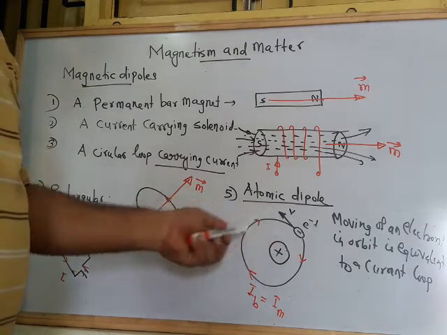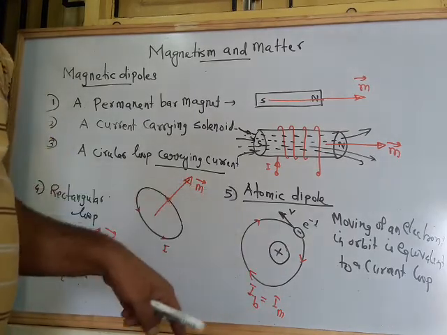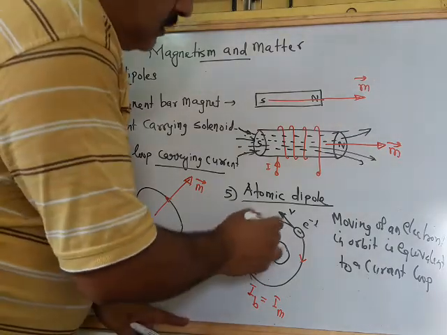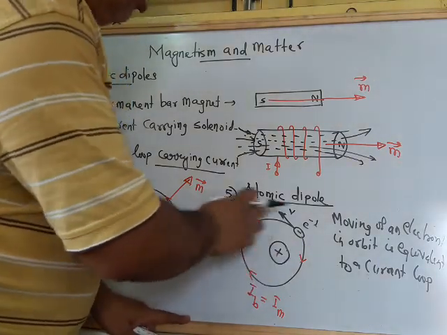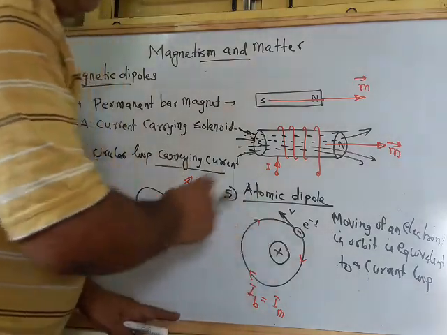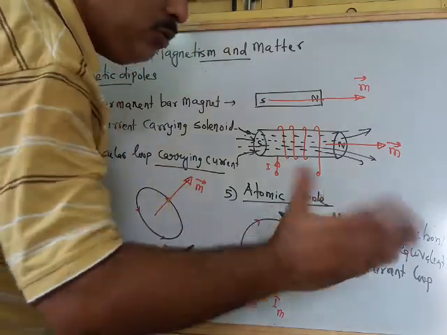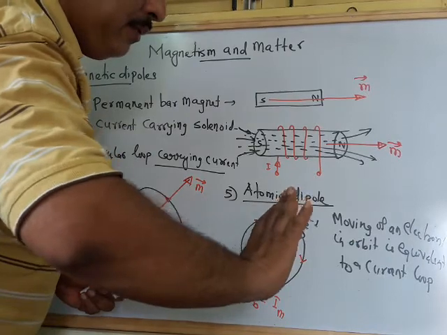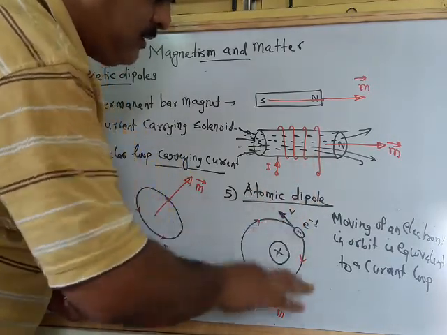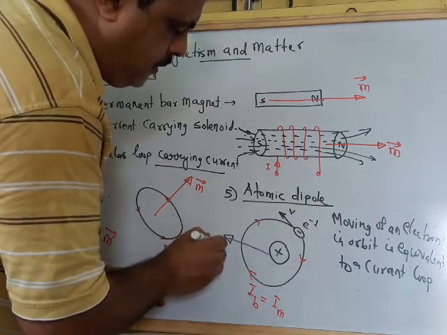Means that particular system of revolving electron comes under the criteria to be called a magnetic dipole, because there is an equivalent current in the loop, and since the loops are behaving as a magnet, hence an atom is also behaving as a magnet. Just hold your hand and palm, and put the curling fingers like this, pointing in the direction of magnetizing current. Then inside you may say that there exists a magnetic moment.